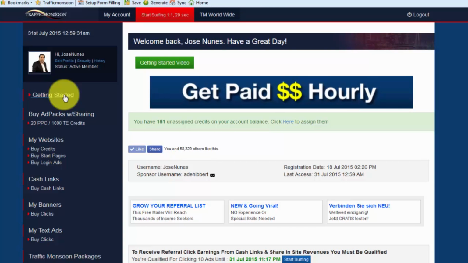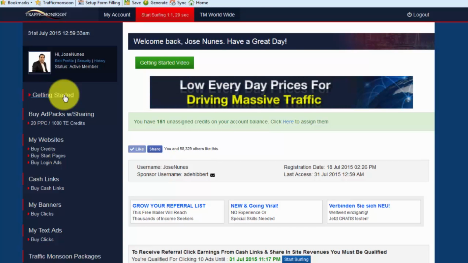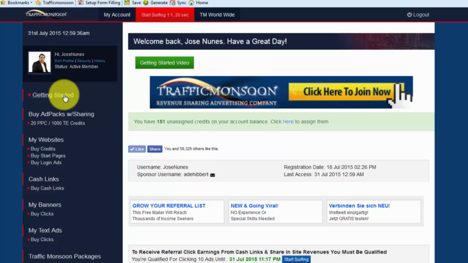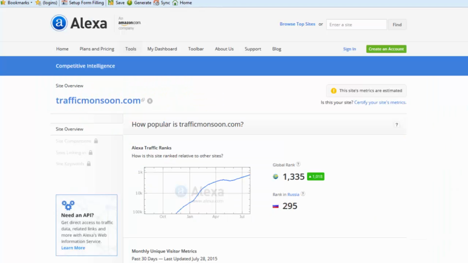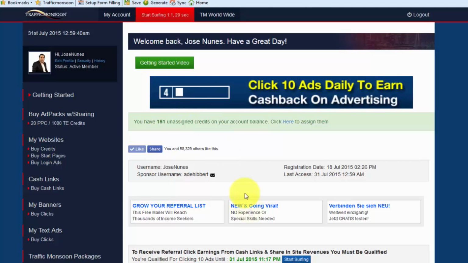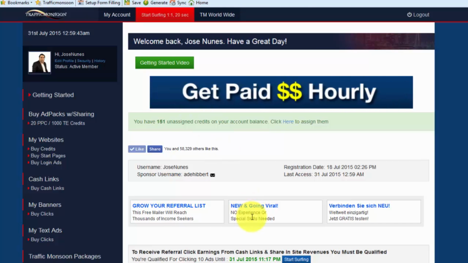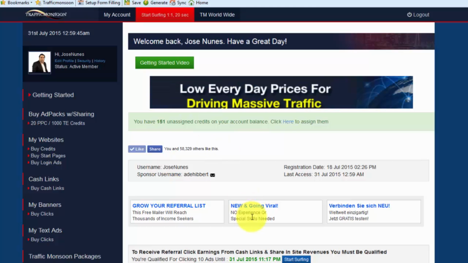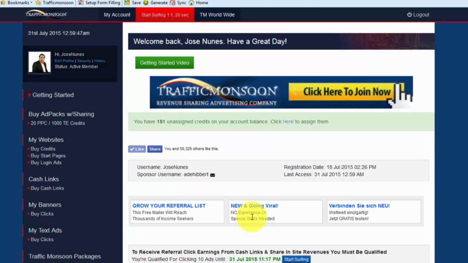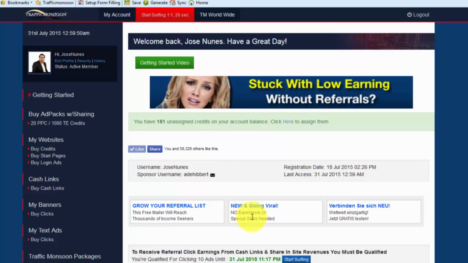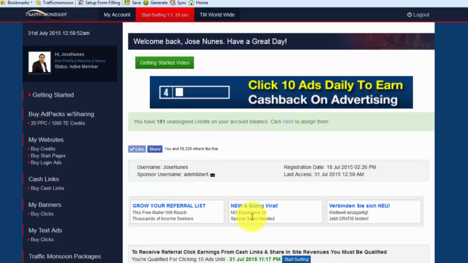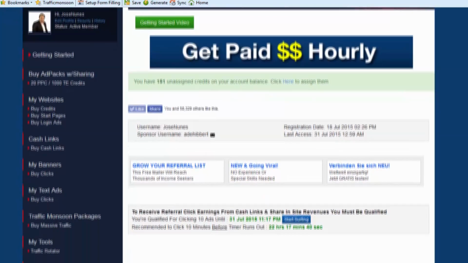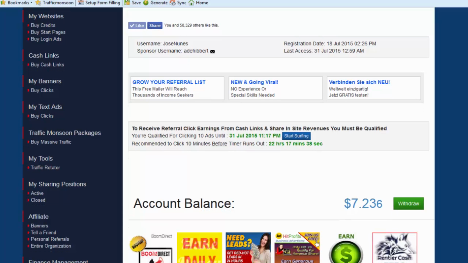Now, getting started, pretty much, you know the system as of right now, because it's doing so well. Remember, like I said, on the Alexa rankings here, and it's paying just over $1 a day. So I got started with about $50. Then a couple of days later, when I saw that the system worked and was paying out, I went in and put in another 5 packs. I upgraded to 5 ad packs or profit share packs. That was paying me $5.